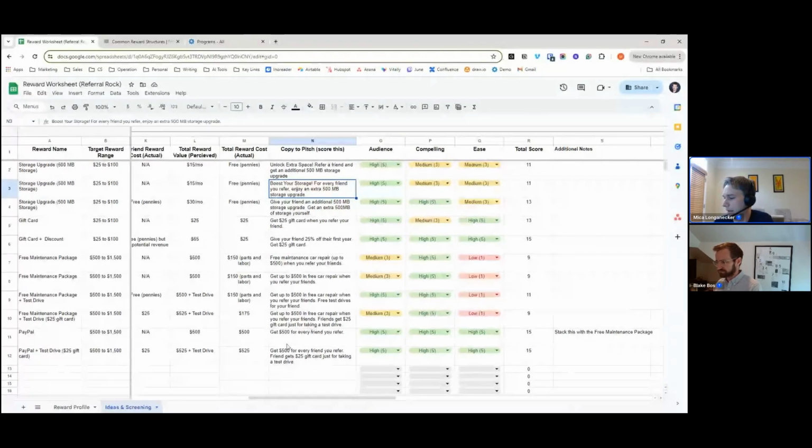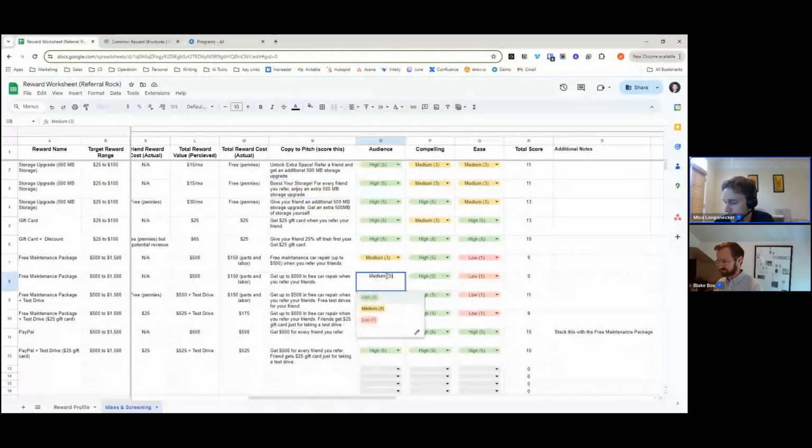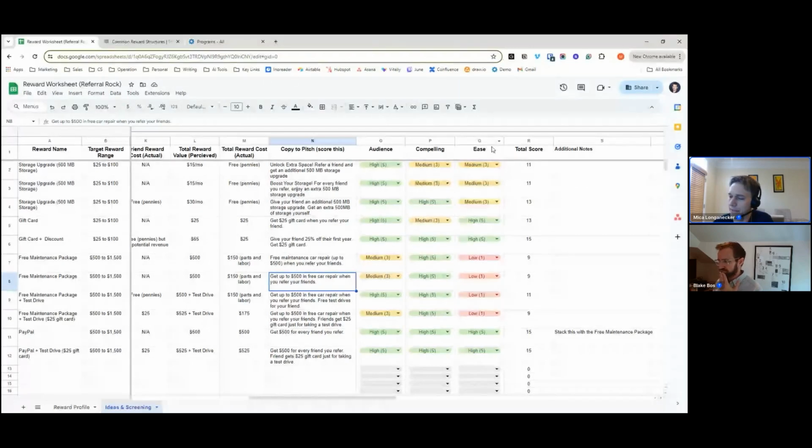Going through this exercise, there are a couple of things I want to add to it. I'll probably extend the scoring to include both a 2 and a 4, just so that it's a little bit more nuanced when comparing options. And also I want to add some sort of metric for pulling out this perceived value, because some of these I think could benefit from that additional layer. But again, this is a thought exercise. You take it, you figure out what rewards might work, and then you can build a reward structure based off of that.